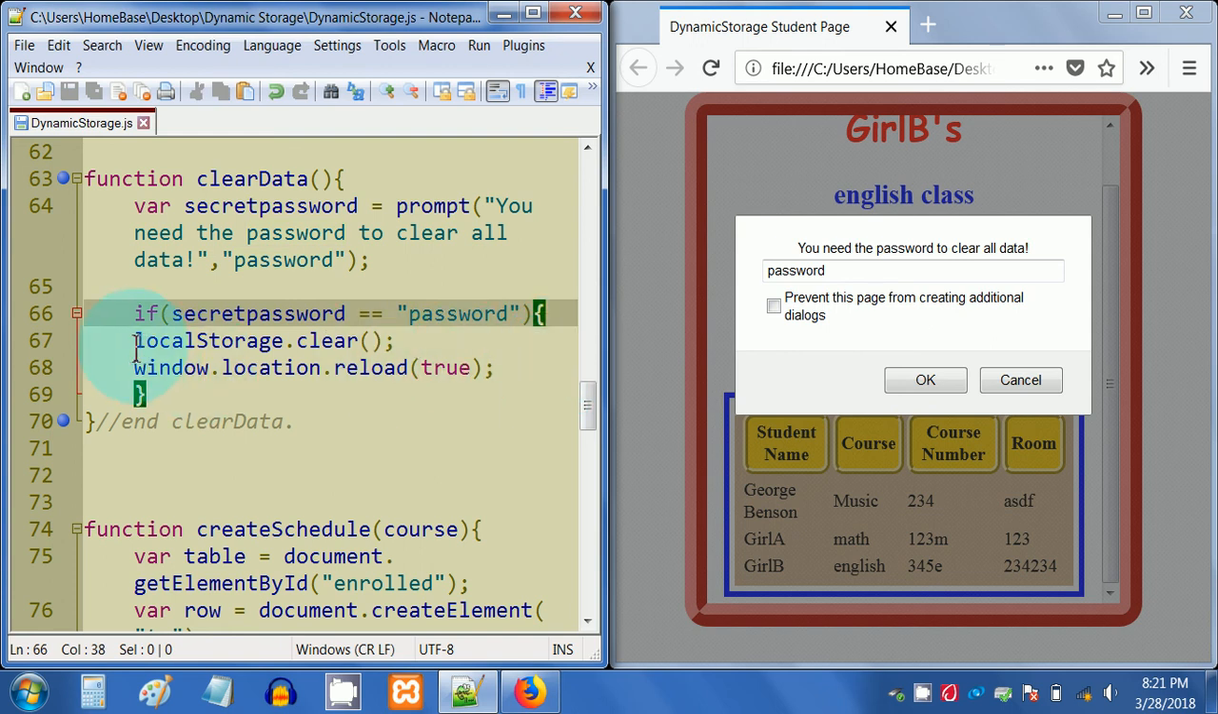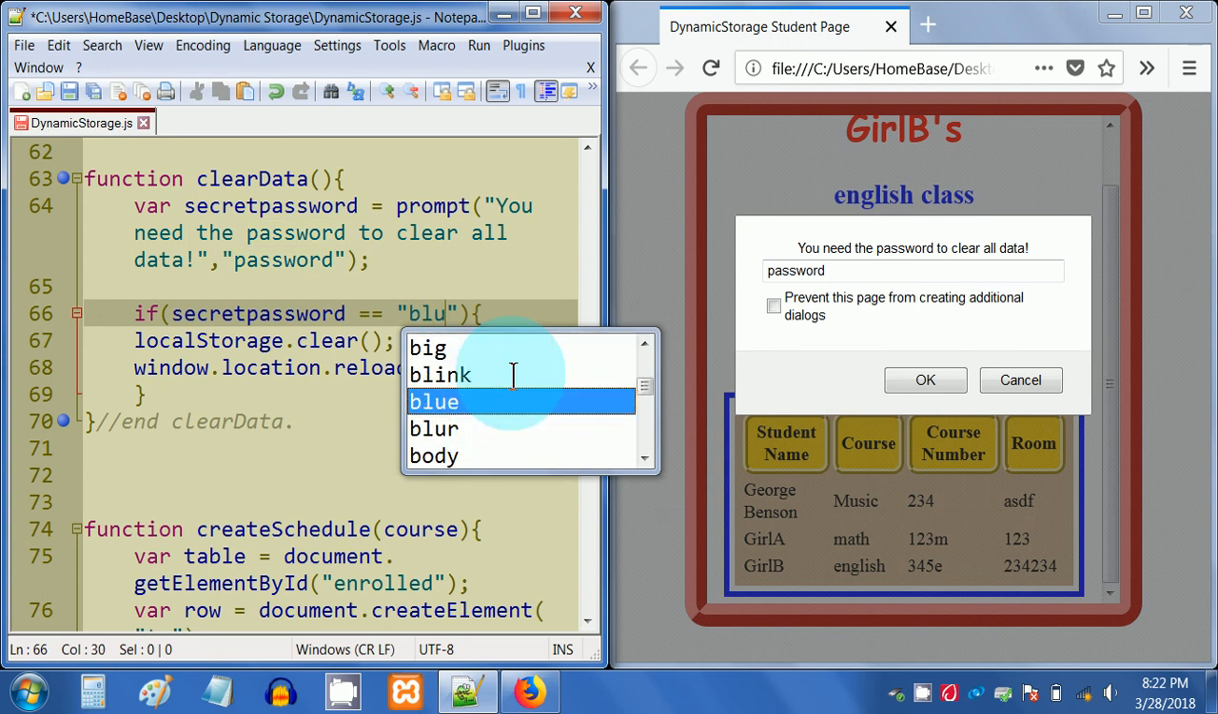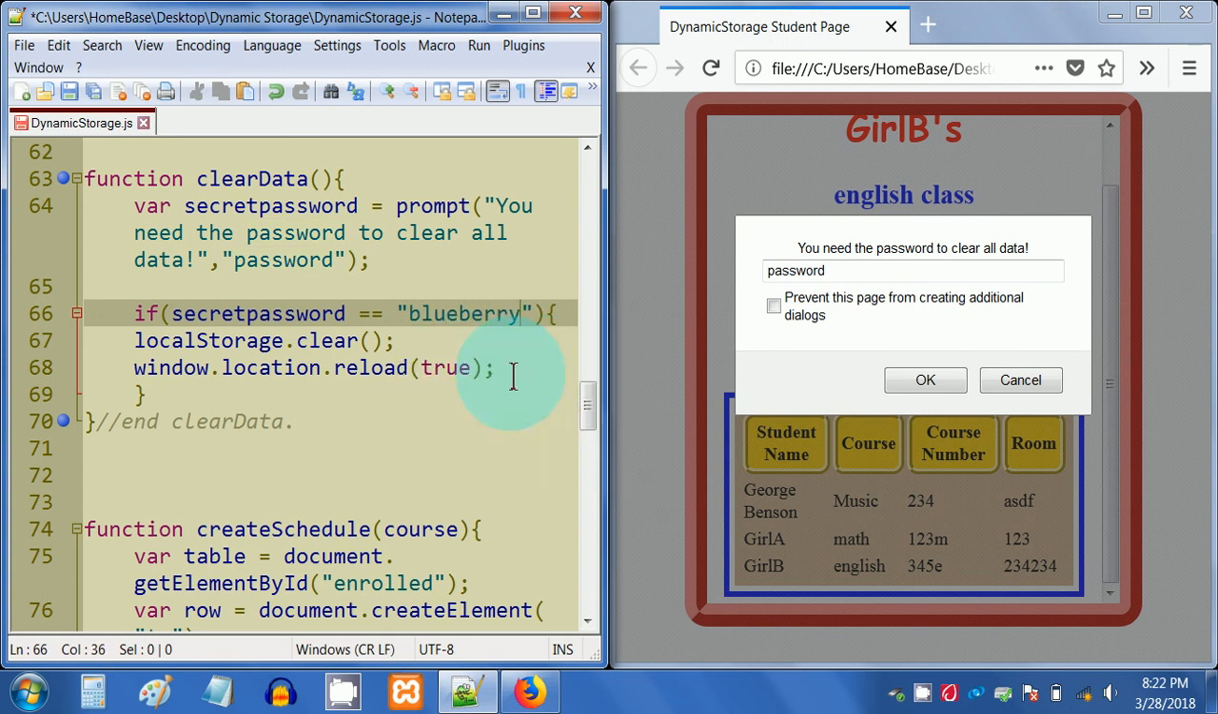We have two statements that will execute. The first statement, localStorage.clear, will clear everything that we've saved. The second statement is the window.location.reload(true) statement again. Alright, again, this is just a placeholder. This doesn't really mean anything, but this is the important thing. So this is what I think I had earlier. What did I say? Blueberry? If the secret password is equal to blueberry,